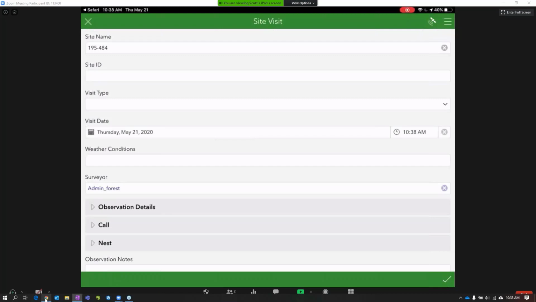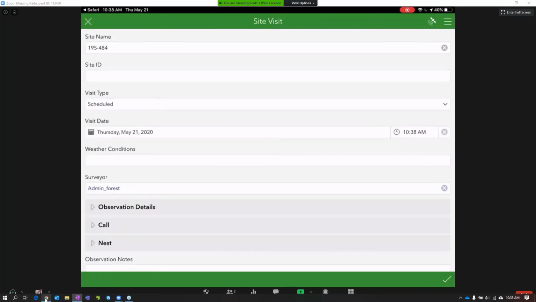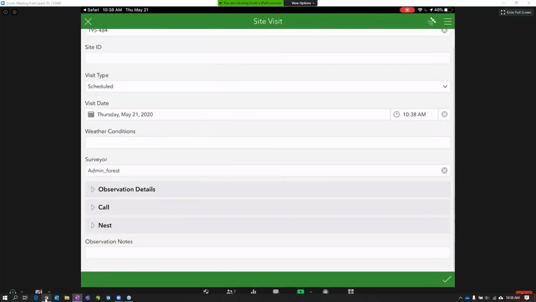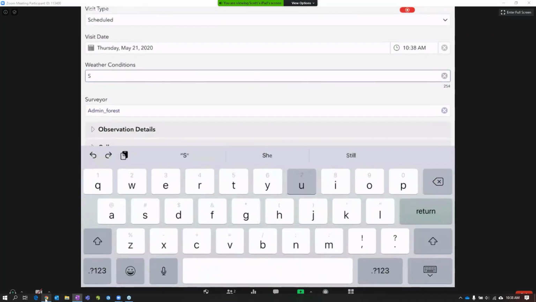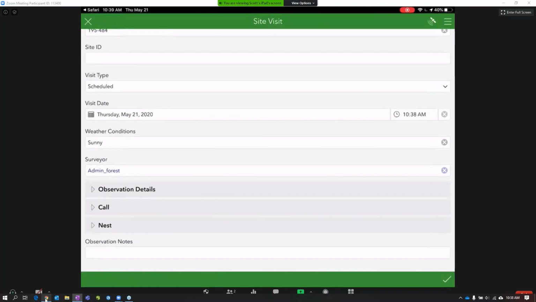In this case, we've passed some information from the map. So we've auto-filled our site name and also things like our visit date and the person actually performing the visit. And within Survey123, we can configure a bunch of different question types depending on the information that needs to be captured. So in this case, I've got a visit type multiple choice question. I can also capture the current weather conditions using just a text. And then down here, I've got different groups of questions that I've grouped. So we can also fully control the appearance and the layout of the form as well.